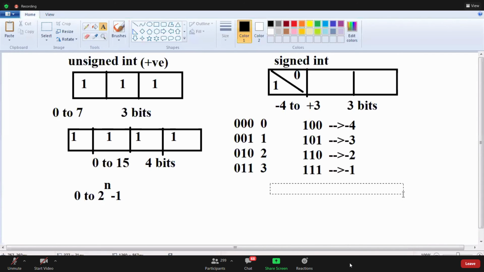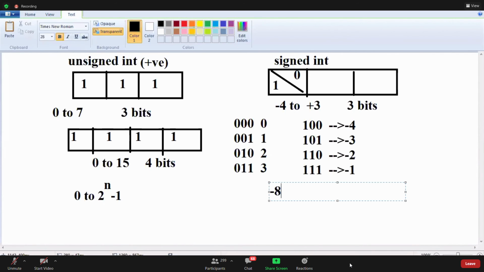What is the formula? If you write for 4 bits, guys, this is 4 bits. Minus 8 to plus 7. This is for 4 bits. Double, we have to do double. That's all.